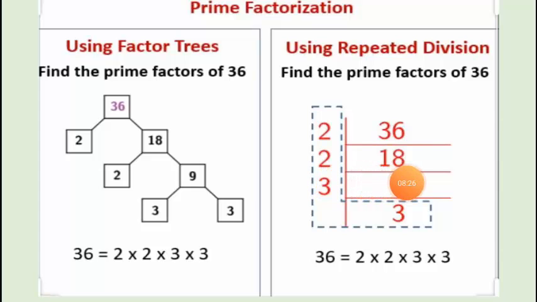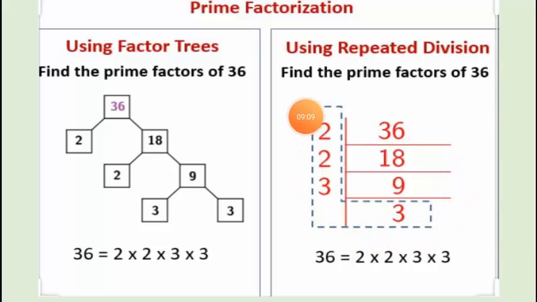Okay, so here again we have 18 and 18 is an even number, so again it will go by 2 easily. So here again we will take this smallest prime number as 2 and with that we will divide this 18. So we know that 2 9s are 18. Now you can see here this time we have obtained 9. So 9 is not an even number, so this time we have to look for another smallest prime number other than 2 which can divide this number 9. So this time we have taken 3, and when we read the table of 3, this 9 will be divisible.